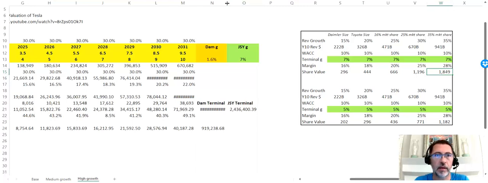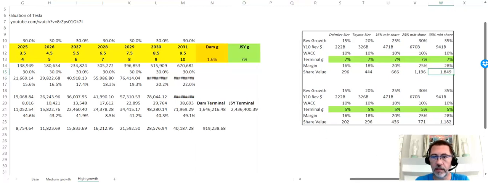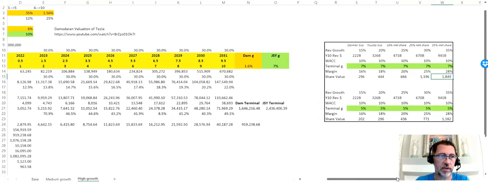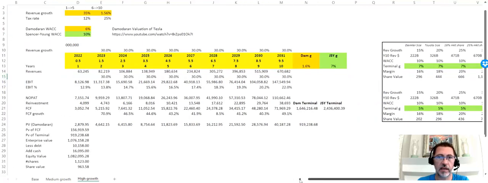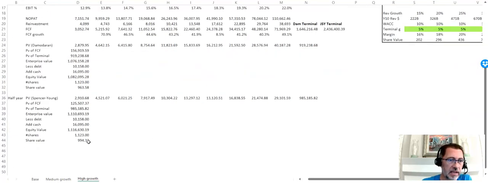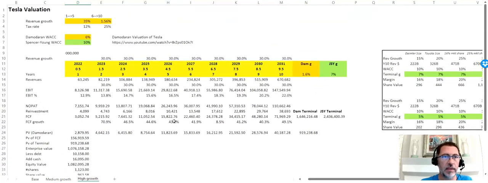All right, so where do I stand on this? Well, I'm going to come back to the numbers that I have on the screen. And I'm simply going to say, if the current share price is at 994, or maybe a little bit under that, it's closer to 950, this is the scenario that Tesla must achieve in order for that share price to be a fair reflection of the value of the company.